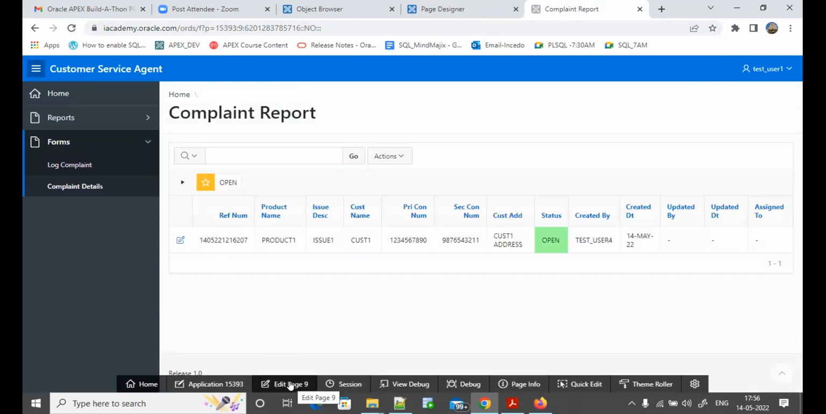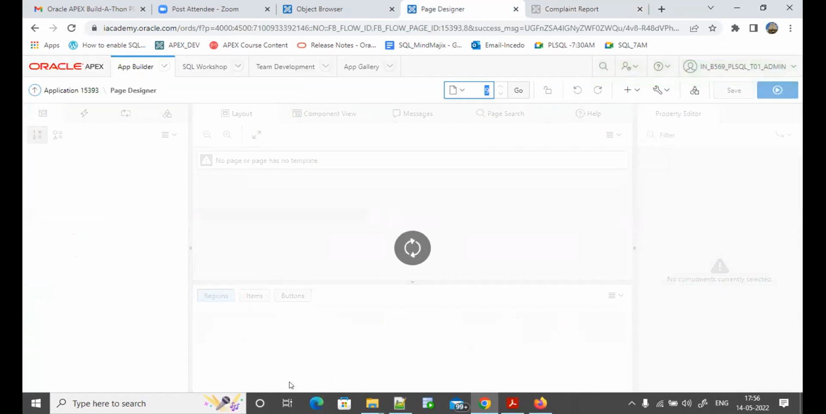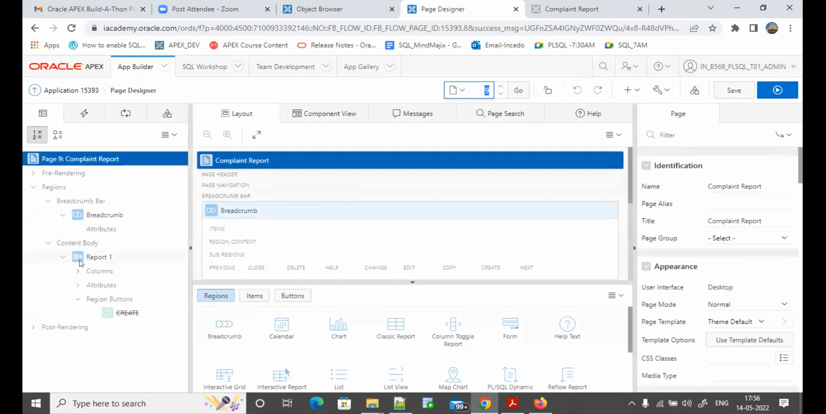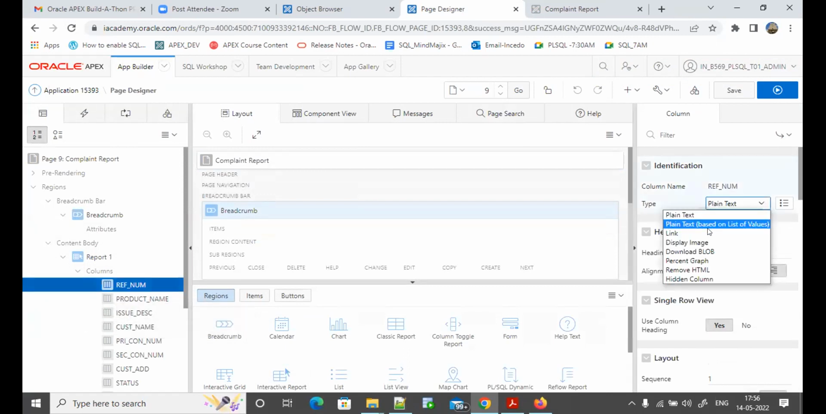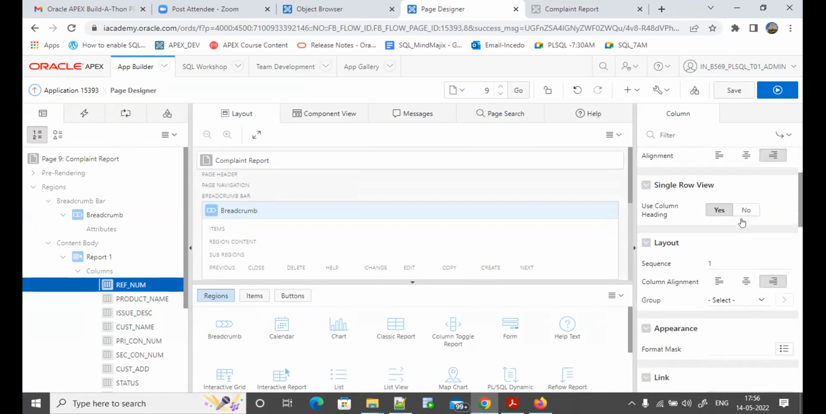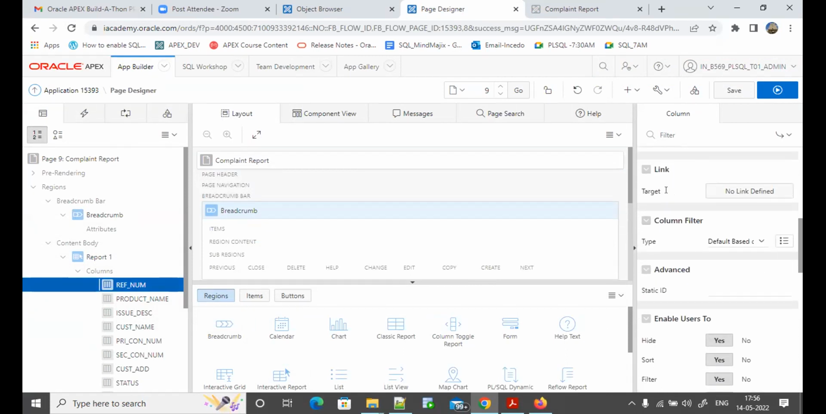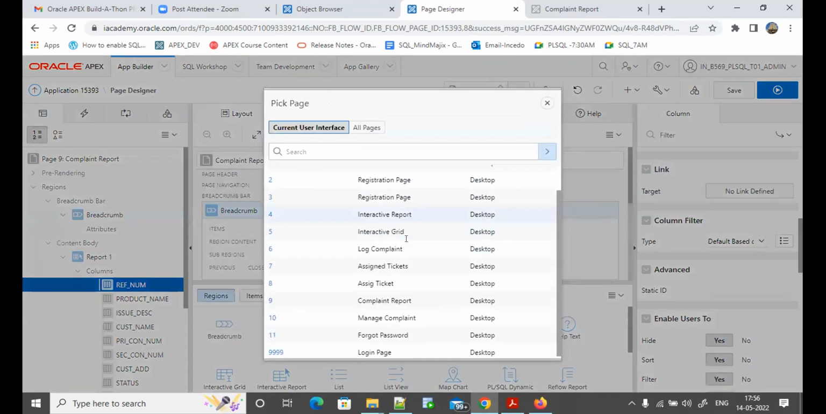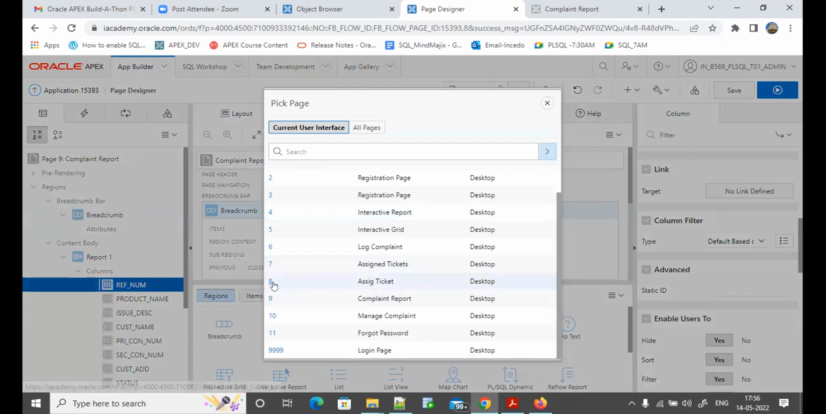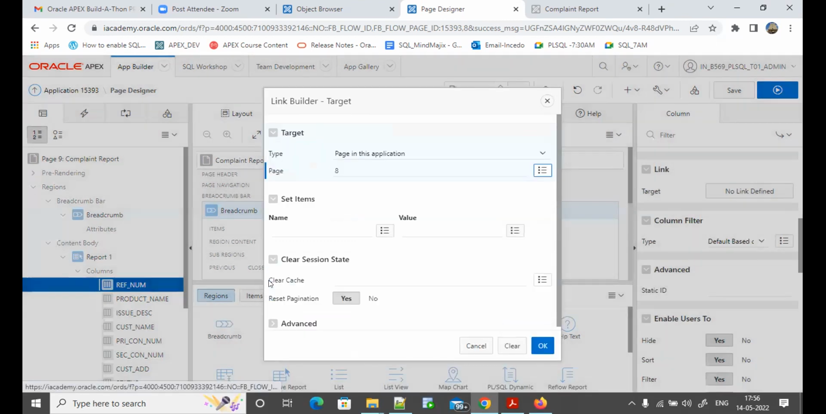Okay, click on edit page. Now click on this reference number, click on this, type to link. Okay, and then come down here, you see link target, select this, select your page name that I created now, assign tickets 8, and